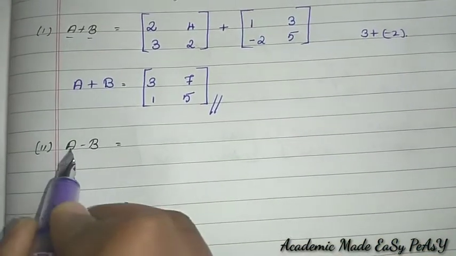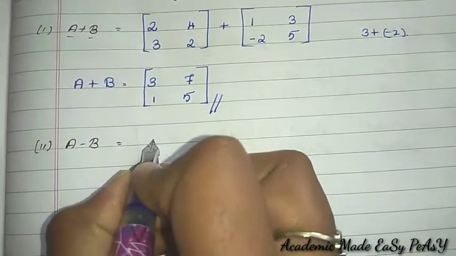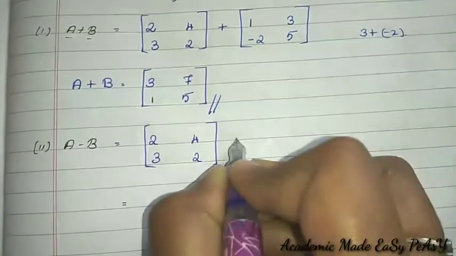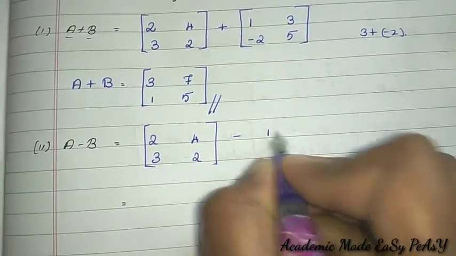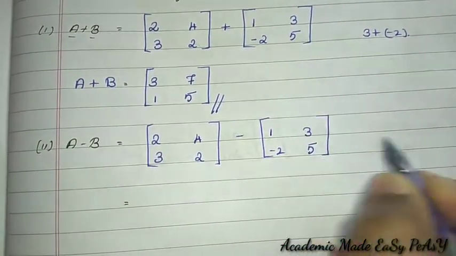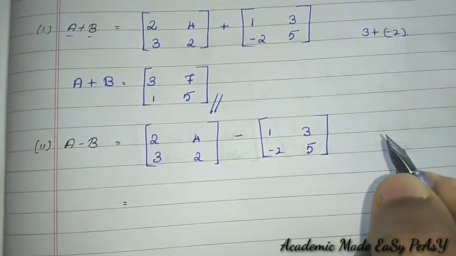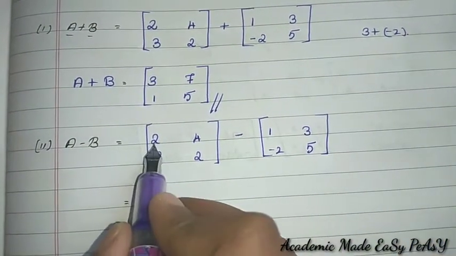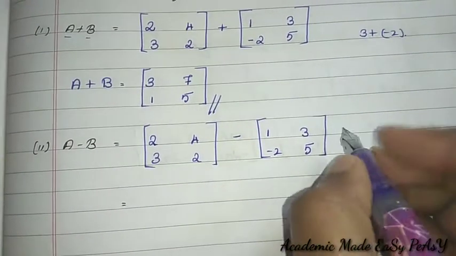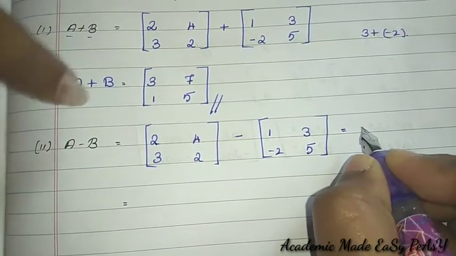Now, second subdivision, A minus B. So, now let's move on to A minus B. My matrix A is 2, 4, 3, 2. Minus B matrix is 1, 3, minus 2, 5. There are two methods of doing this matrices. Okay, so a standard form and one more shortcut way. The shortcut way is just to see 2 minus 1 is 1, just like that you can write, or else if it is confusing for you, I will teach you one standard form